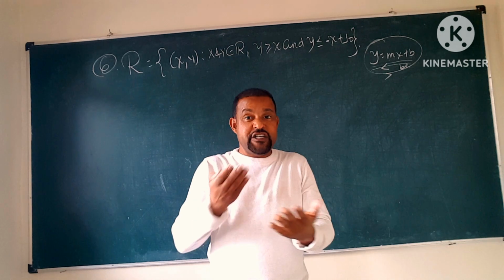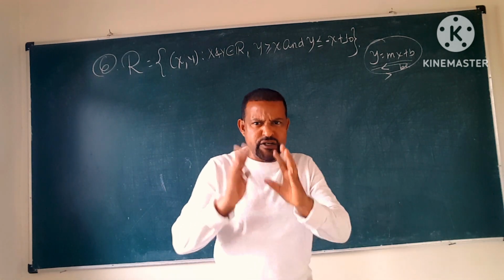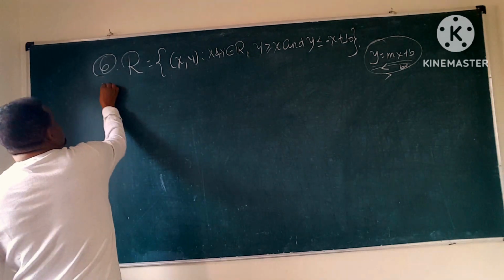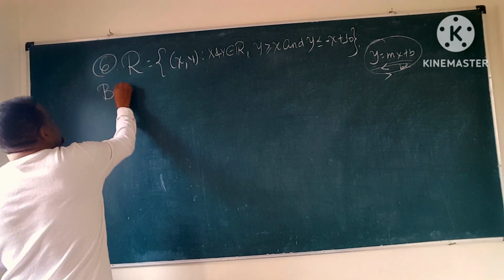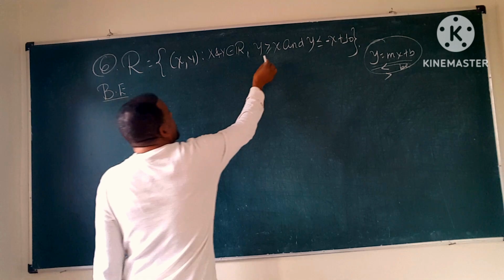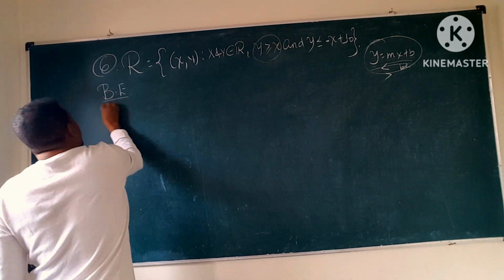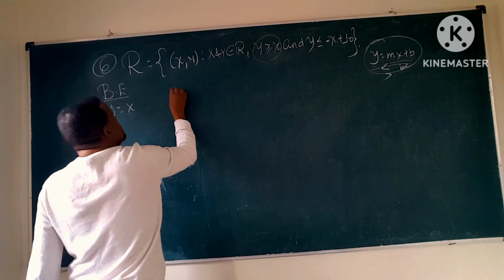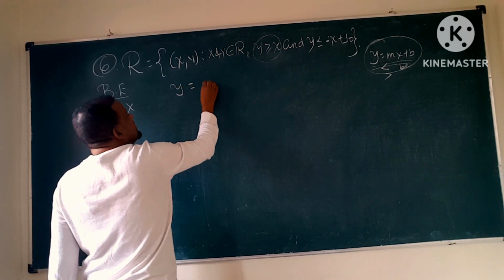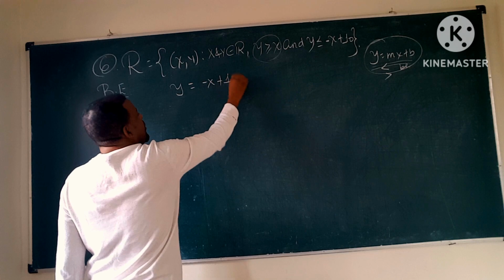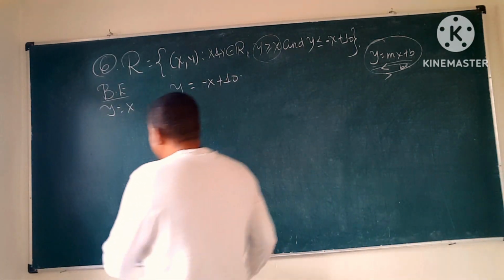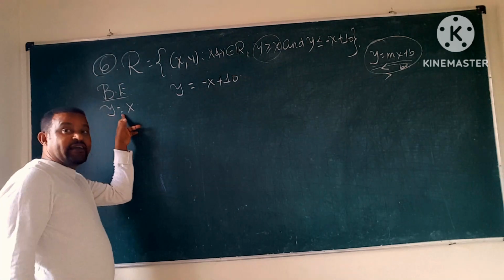Good. Now, first let's have the boundary equations. What are the boundary equations? ለዚህኛው boundary equation ማን ነው y is equal to what, x ሲሆን፣ የዚህኛው boundary equation ደግሞ y is equal to what, negative x plus 10 ነው ማለት። Okay, so ሁለቱም ሊኒየሮች ናቸው። Particularly ይሄኛው particularly ዲስከስ አድርገናል፣ the line